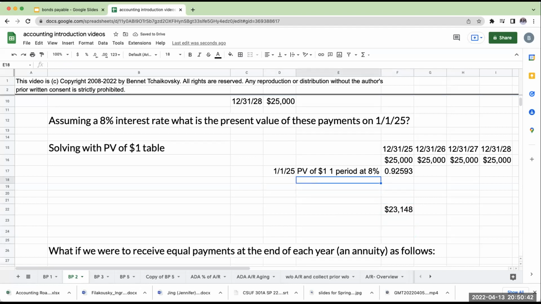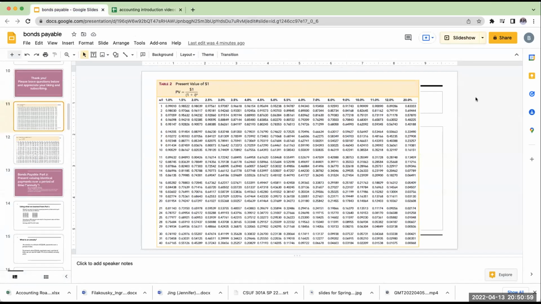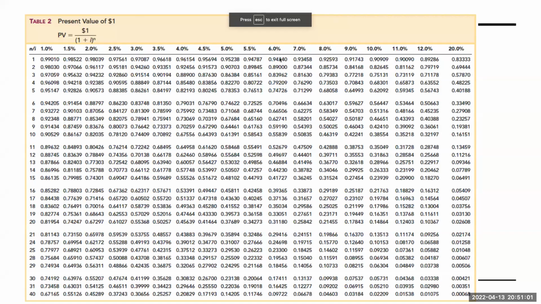Okay, what about this next one over here on 12/31/26? Well, this is also going to be present value of a dollar, but this is being paid 2 years from now. So this is going to be two periods at 8%. So I'm going to go to this table right over here, present value of a dollar, because it's a single payment as of right now. This is going to be two periods at 8%,